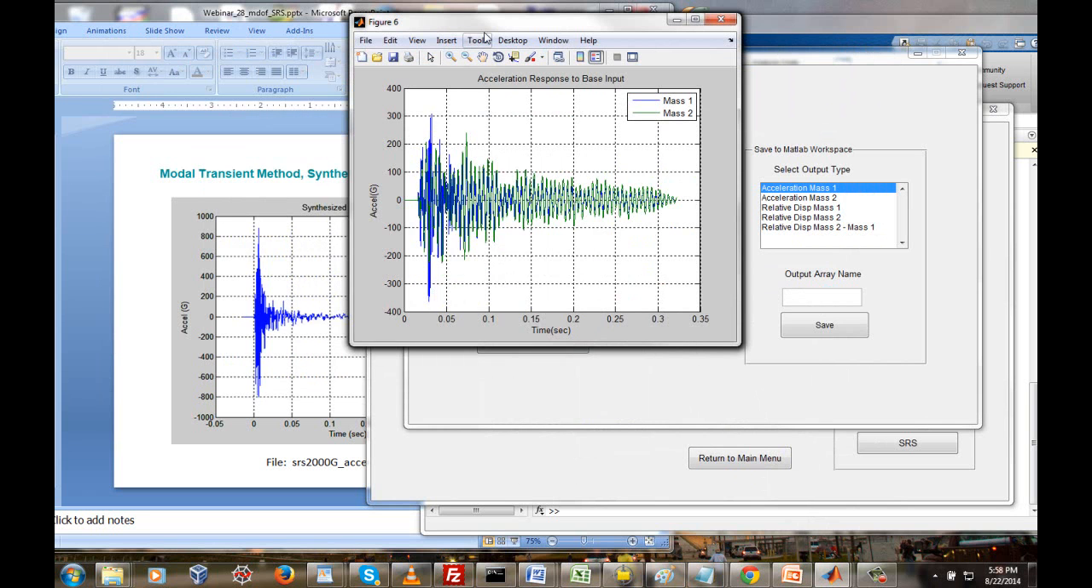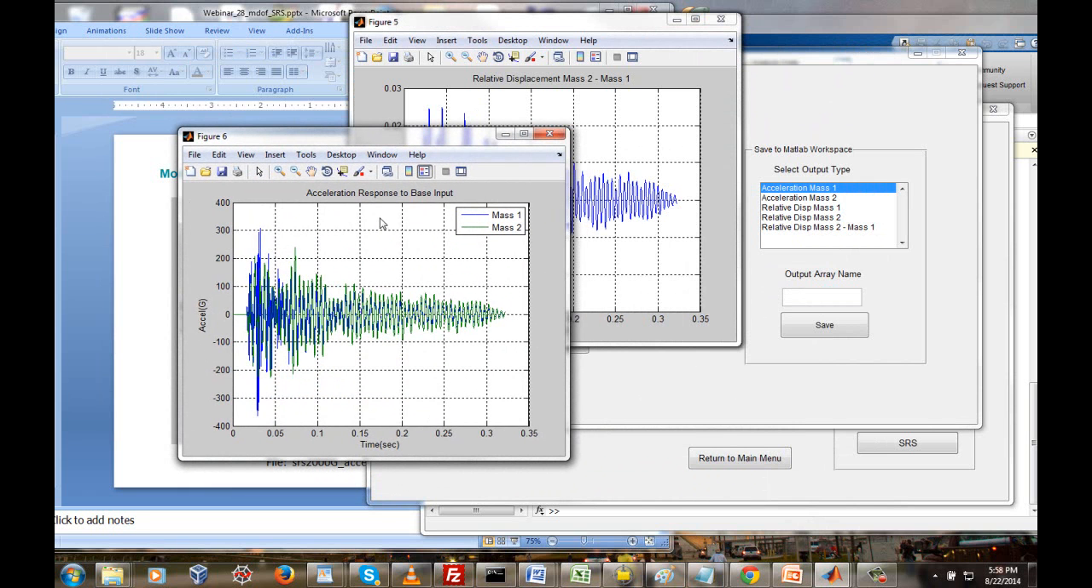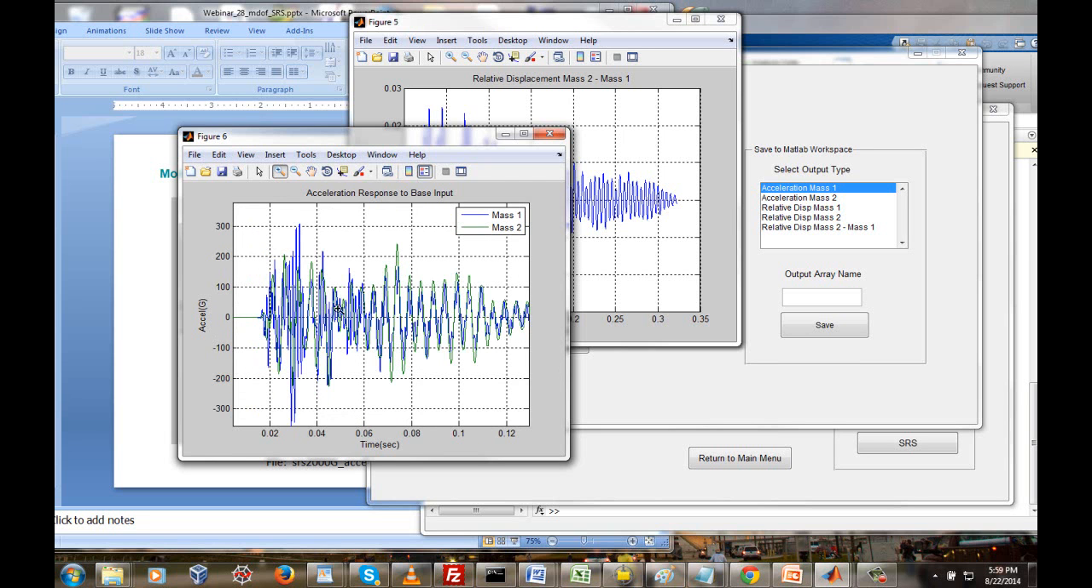Okay, we can also look at a couple other things here. Excuse me, these are the two accelerations for each of the two masses superimposed. So you can see initially there's a little bit of a difference there, but then later on they settle into the same pattern where they're vibrating in phase at